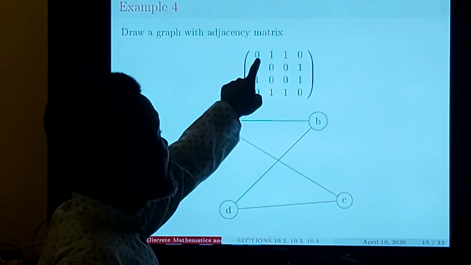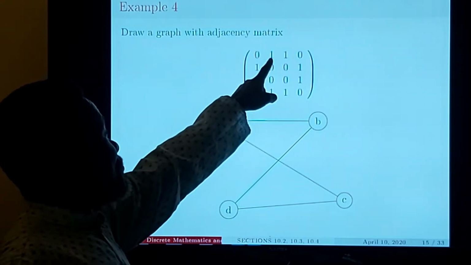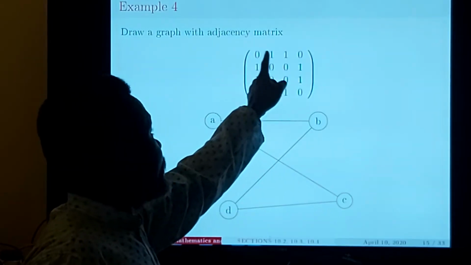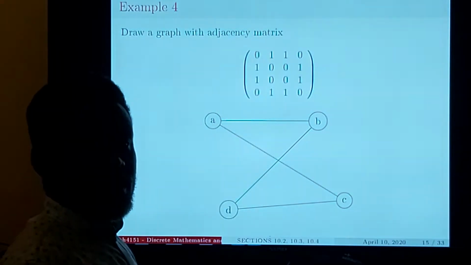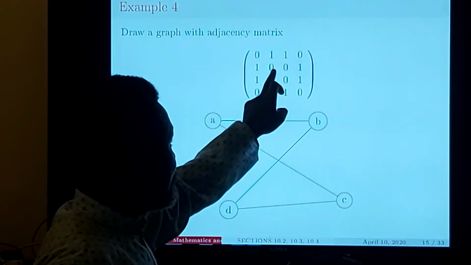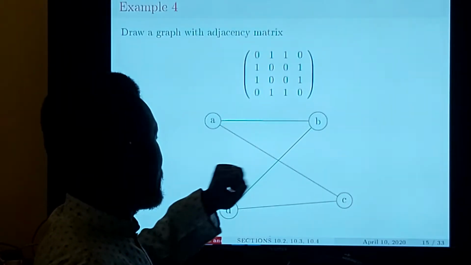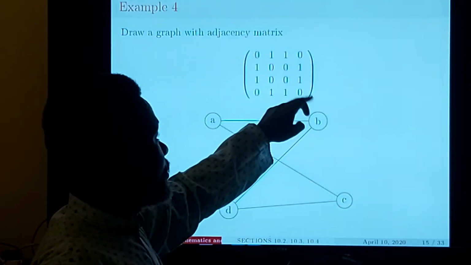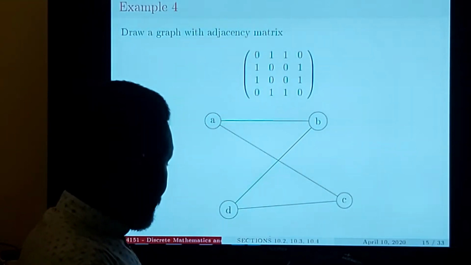So in this case, this 0, 0 means that there is no edge connecting A to A, that's a loop. Next, you have A, B is 1. Then A, C, and then finally AD is 0. Next, B to A, there is. B to C, there is nothing, 0. B to D, there is, so you'll have 1. Sorry, I've gotten confused here. So B to A, 1. B to B, 0. B to C, 0. B to D, 1. And so forth and so on. So that's basically how you will deal with it, ladies and gentlemen.